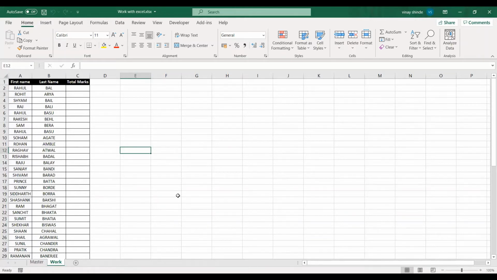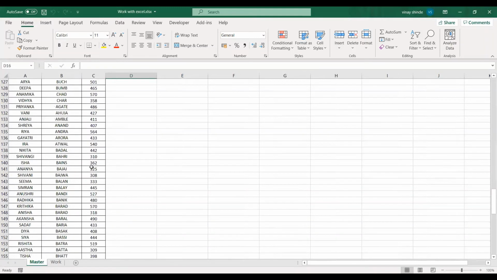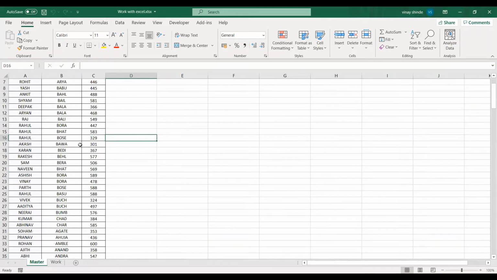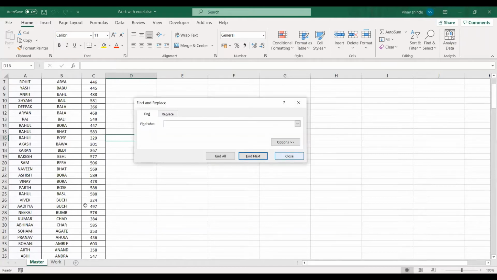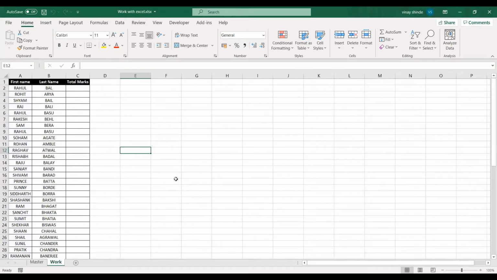Now, without using VLOOKUP, what we can traditionally do is go on this sheet and search one by one for those names. But as you all know, that is very time consuming. At the max, what we can do is Control F, that is to find. Again, that is also time consuming. So to overcome this, we have a formula called VLOOKUP. So let's see how you can use this formula.